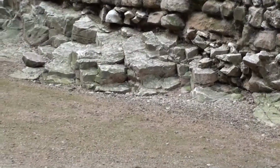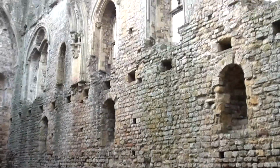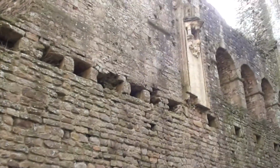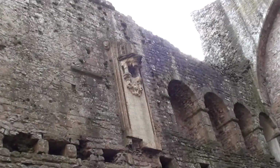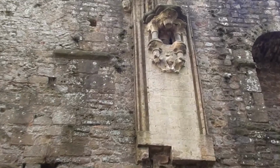Just looking at those stones there, that would have to be some of the earliest foundations. Oh, there's a pigeon in there. That little hole. Thanks for the home. One of the oldest pigeon homes in the whole castle. I guess there's no exit here. Is there any writing on that? Writing on this side? No, I guess not. Just some of the way that that's worn from a distance, it almost looked like there was writing on there, but...